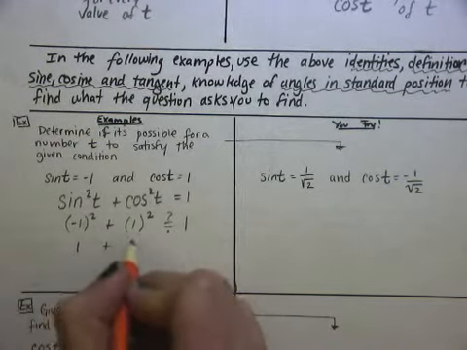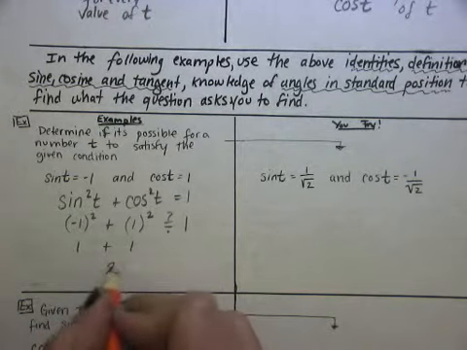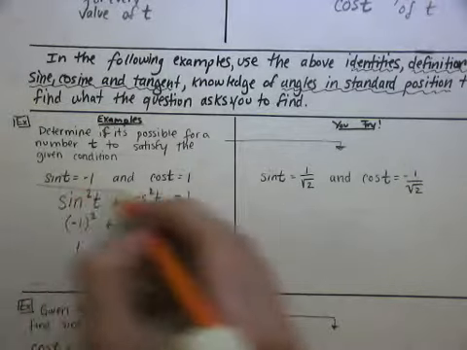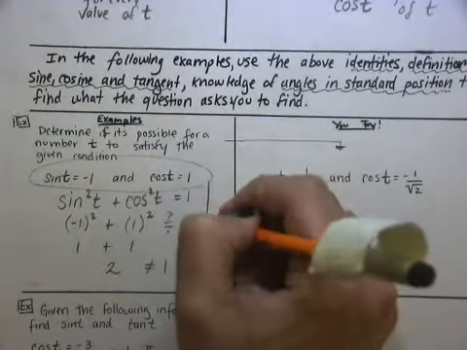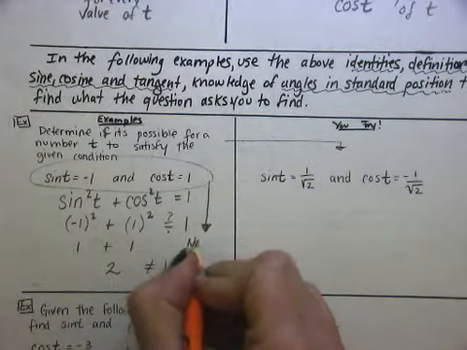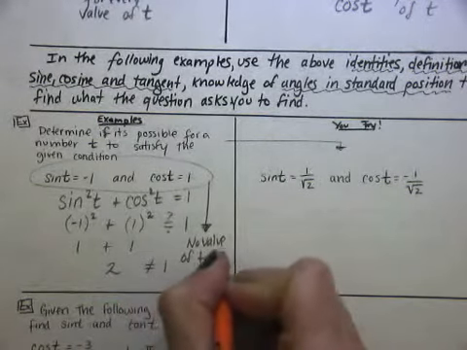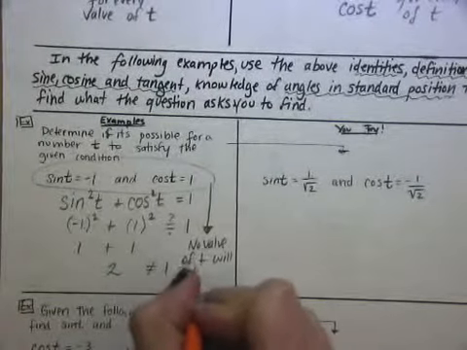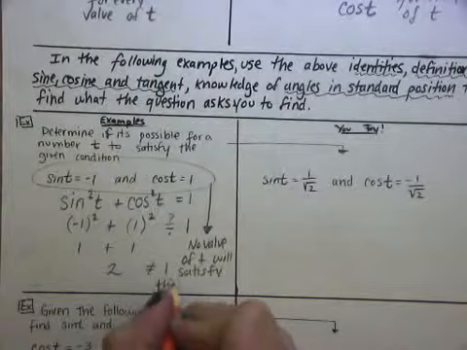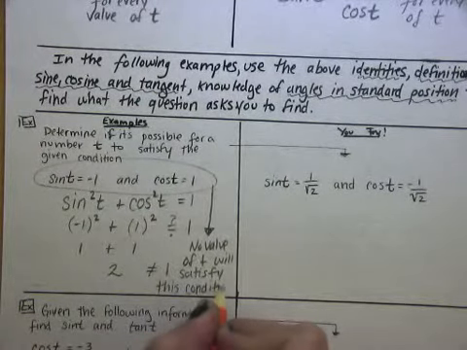Negative 1 squared is 1, positive 1 squared is 1. This side equals 2. So in this case, sine squared plus cosine squared equals 2. It doesn't equal 1. So in this case, what we say is no, there is no value of t that would satisfy this condition. No value of t will satisfy, or make true, this one that I circled, these two conditions, sine and cosine